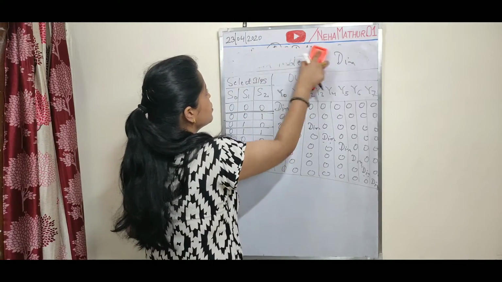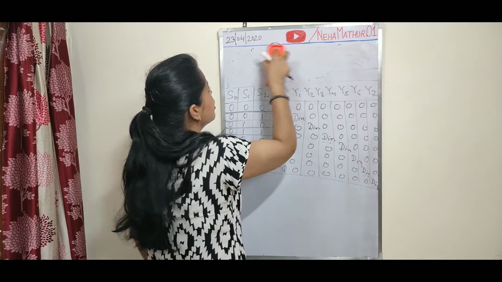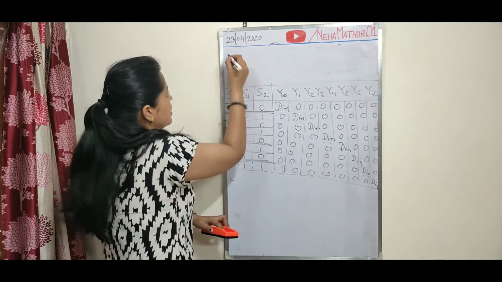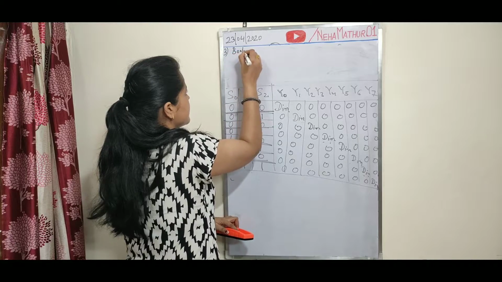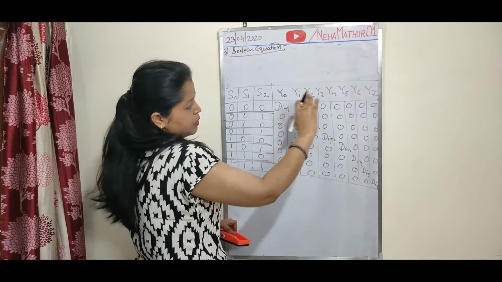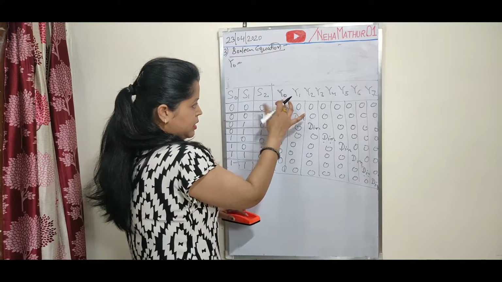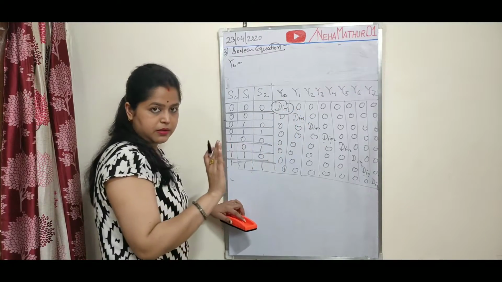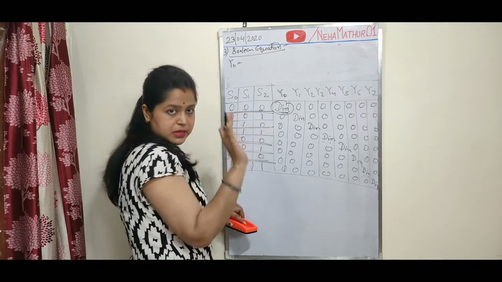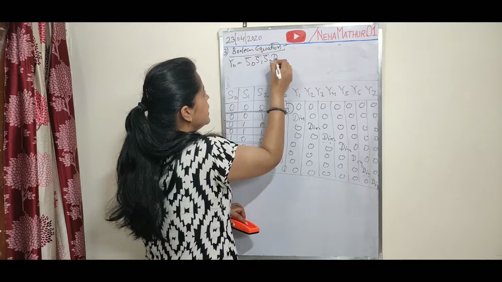I am erasing the upper section so that I can mention the equations. Then it will be easy to make a logic diagram at the lower section of the board. So here I am mentioning Boolean equations. Here we will have a total of 8 equations for 8 outputs. So I am starting from y0. For y0, single D in, remaining terms are 0. So this D in is because of this combination, all the 3 variables are 0. So it will be S0 bar, S1 bar, S2 bar, D in.